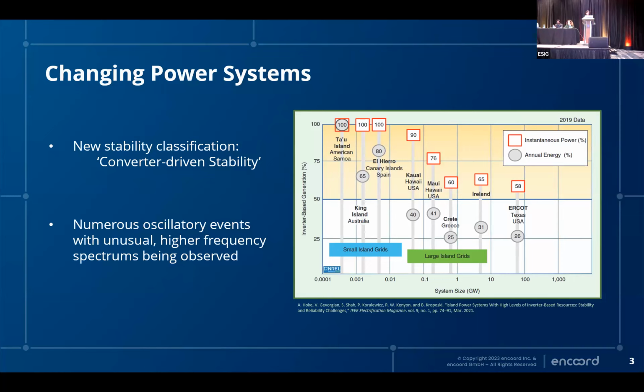But the challenges we're interested in today are the ones that are associated with the power that we get from IBRs at any particular instant in time, because that has a very different impact on the system. We're bumping more into the stability domain. And as we achieve higher and higher instantaneous powers, Maui at 76% in 2019, it's much, much higher now. We're going to talk about Maui more. We start to see different types of stability issues.